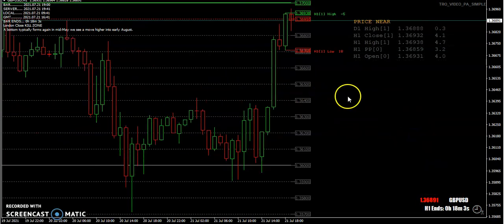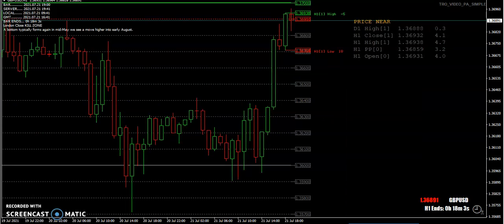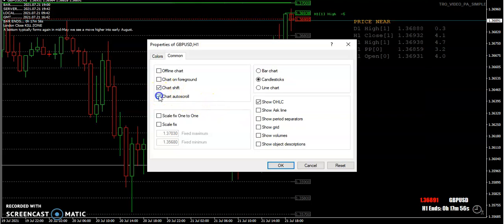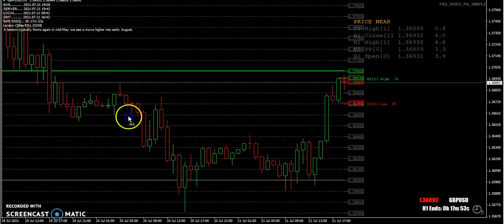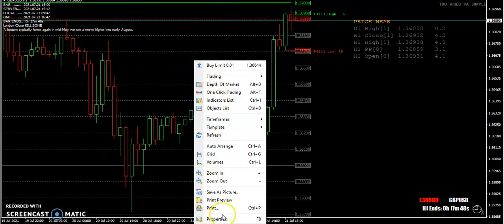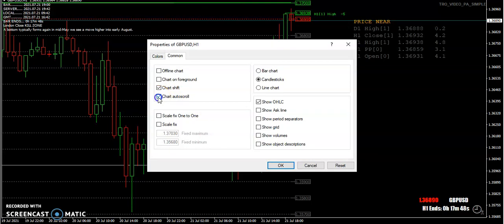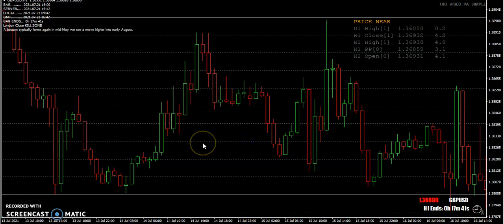I guess what I can do here is go to properties, and instead of auto scroll, I can turn that off. Hey, wait, did I not turn auto scroll off? Now we can do it. So we can look here at some of the other 40 areas